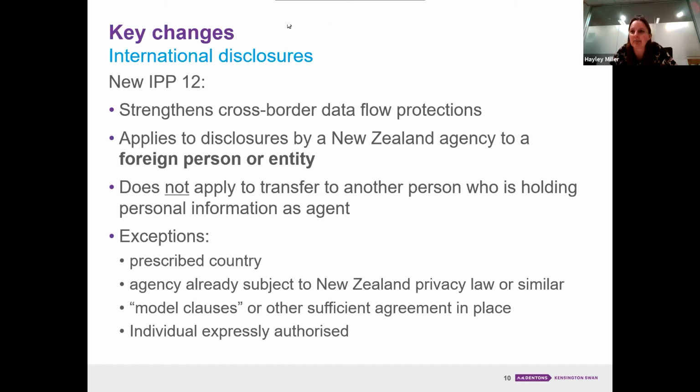One of the other exceptions, and one I think we'll get more guidance on, is around an individual expressly authorising. And this doesn't mean just sliding it into your online website privacy notice. Absolutely not. This has to be a very clear authorisation and very transparent is the indication. So you have to be saying, you know, you're giving us your data and we're going to give it to somebody who may very well not be subject to laws the same as ours or at a comparable level. So you do have to be quite transparent so that somebody is fully aware that it could go to a random place. Most of the feedback on this is that most businesses are not wanting to say this.